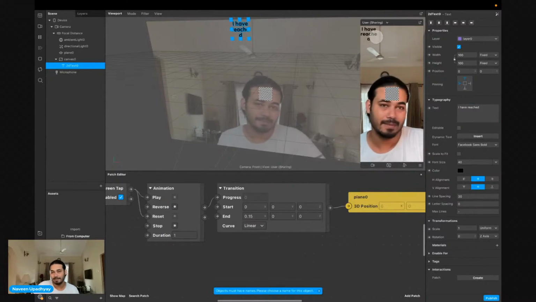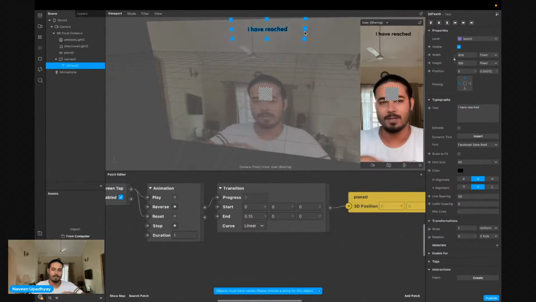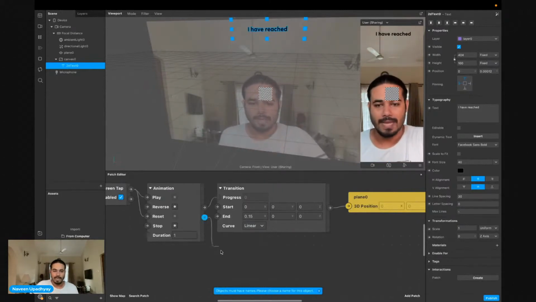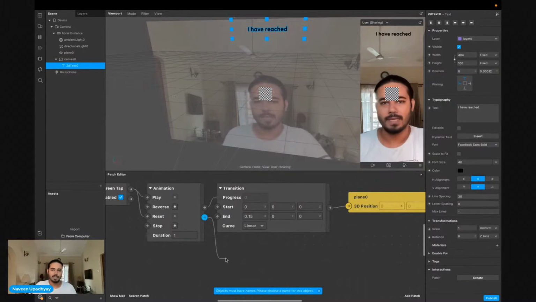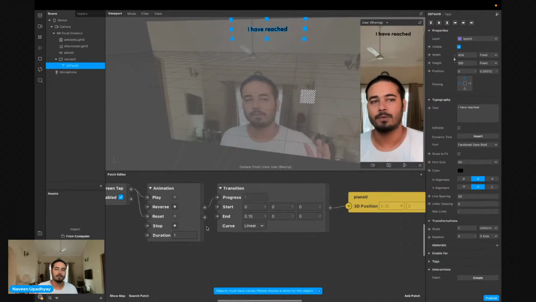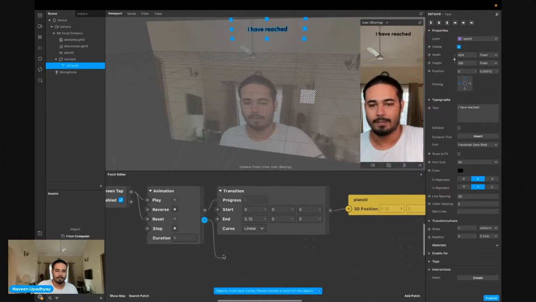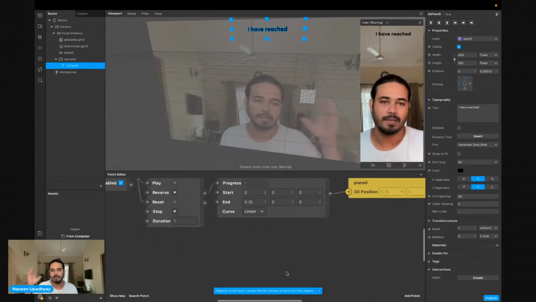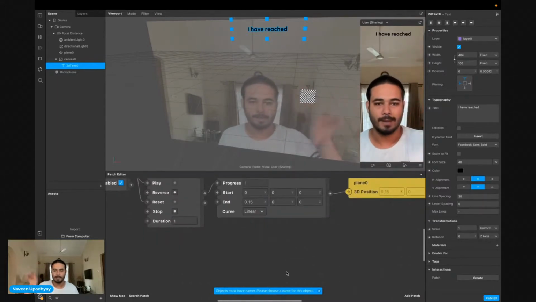Just an example, trying to explain how we can utilize some of these completed pulses. When this happens, I'm going to switch the visibility of "I have reached." Right now it's visible every time, but I want it to be shown only when my completed pulse tells me to do it.